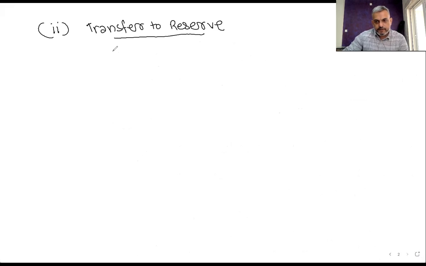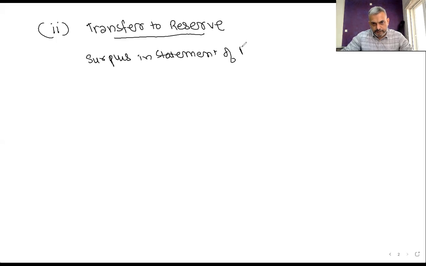So we create reserve by transferring from our surplus of statement of profit or loss. So surplus in statement of profit and loss account,